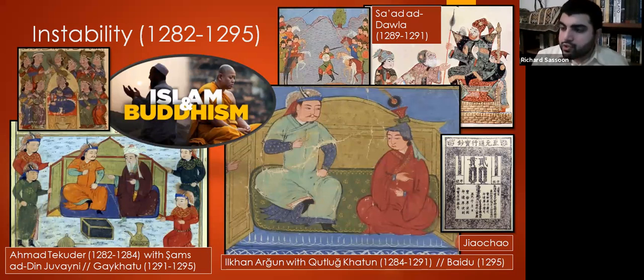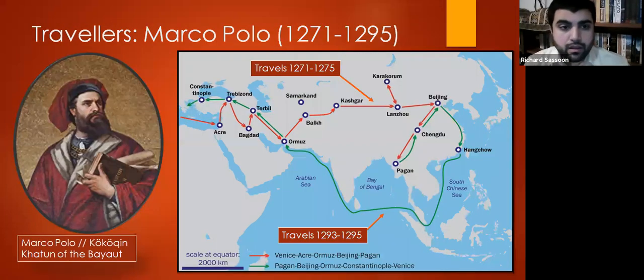This meant that Ğazan would be assassinated by Baidu in a very popular uprising, and Baidu himself would be challenged by Arghun's son, Ğazan. And Ğazan was able to defeat Baidu, who took power for only a couple of months, by converting to Islam and therefore bringing most of Baidu's Muslim soldiers onto his side. So this age of confusion, where you have these four different Mongol leaders, Teguder, Arghun, Ğazan, and Baidu, was also